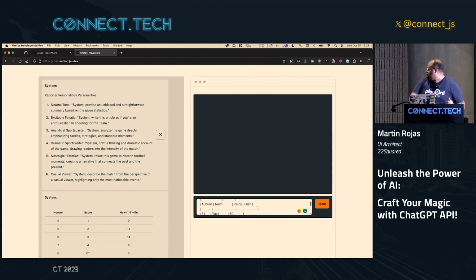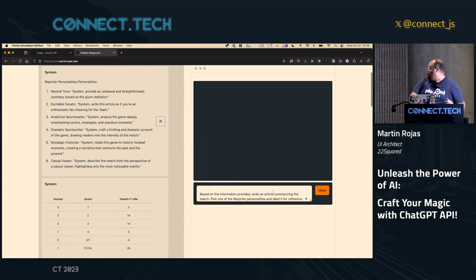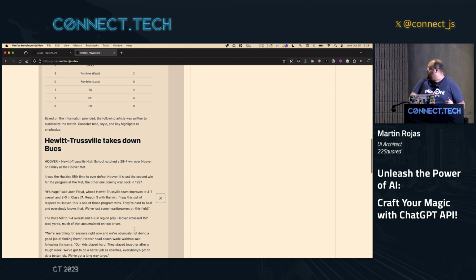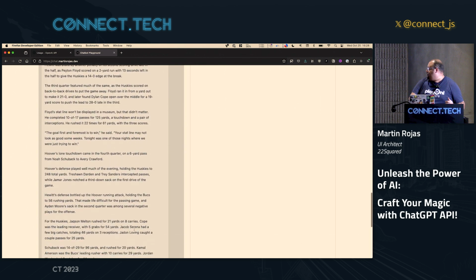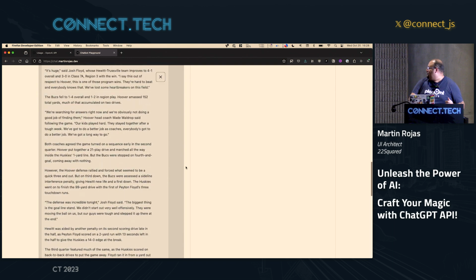Here, I have the same thing. I just have another game where I have the same type of stats, and I'm just telling it like, pick one of the random personalities, and let's say for example this one, instead of using ChatGPT 3, I wanted to use 4. Now this one, as you can see, it's 2,000, so it's going to be a lot more expensive. But I want this to be more expressive or BSy in there. So